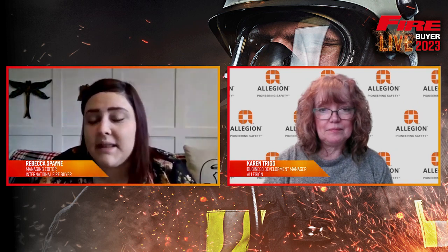So the first is, on the topic of fire doors, another big discussion point that we keep seeing in the industry, especially post-COVID, has been the improper use of fire doors for ventilation purposes. So how can we prevent this? The signage is important on a fire door. It states fire door keep shut. So for instance, if you're in a classroom environment